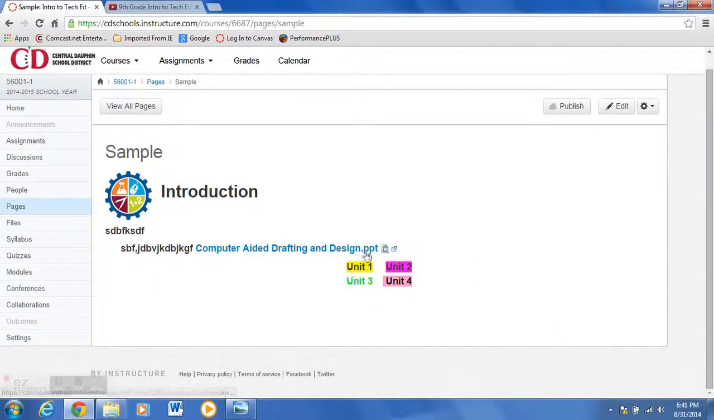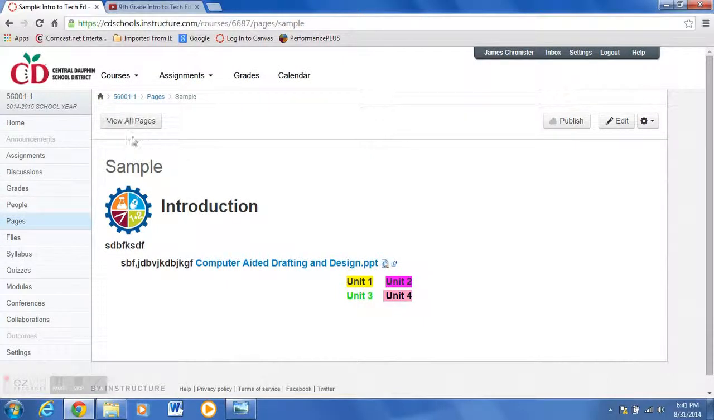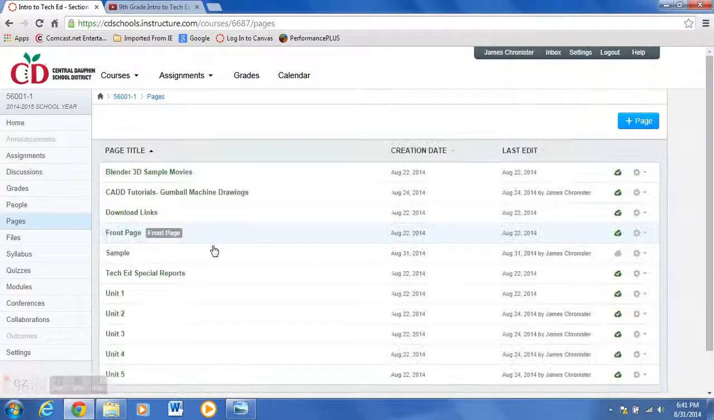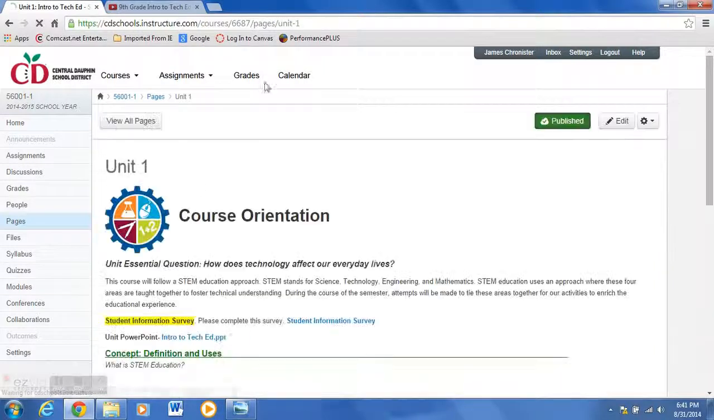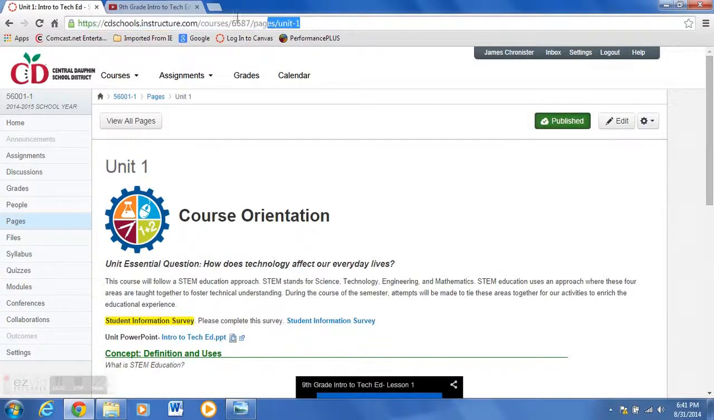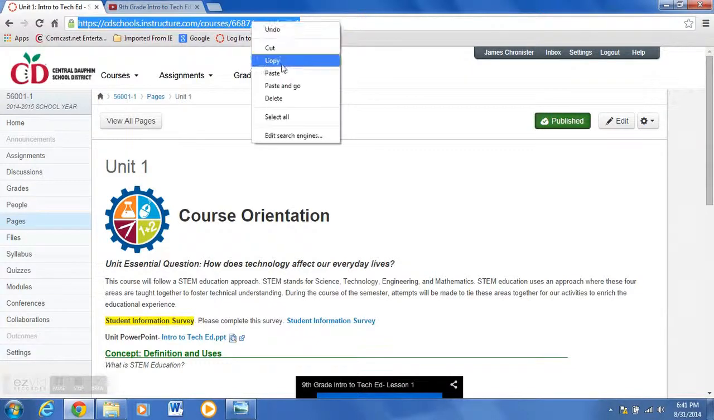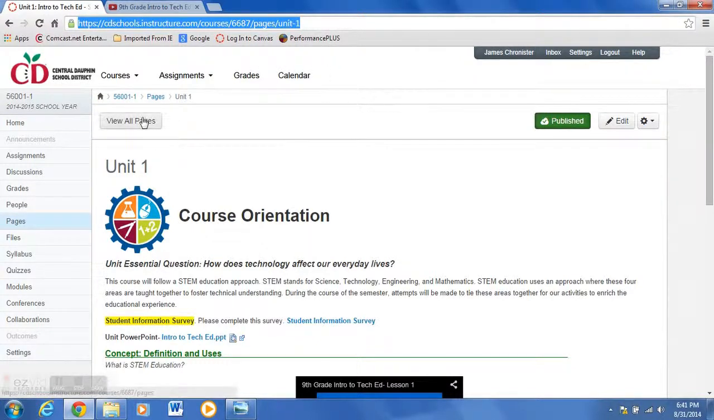Now right now we really don't have any navigation to those. I can't click on them and they won't take me anywhere. So actually in my view all pages right now, I'm going to go into my unit 1 and I'm going to copy my URL, my address link up here at the top. I can Control C, or I can go right click copy. We'll go back to view all pages,